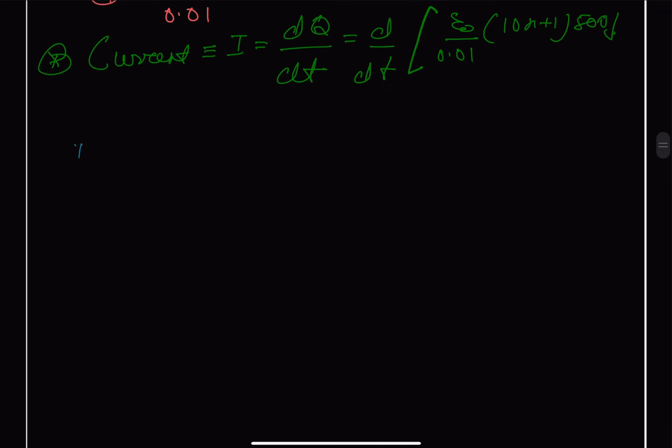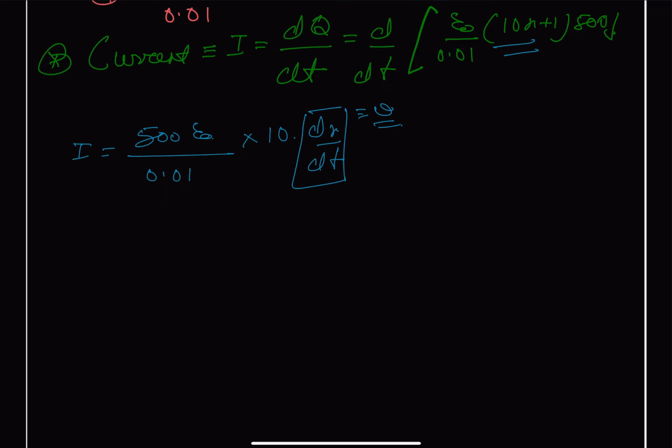So we get I will be equal to 500 epsilon naught 0.01 times the derivative of this 10x plus 1, because x is changing as it is moving, so it can't be constant. So dx by dt, and 1 is obviously constant. So this comes as 10 multiplied by dx by dt,